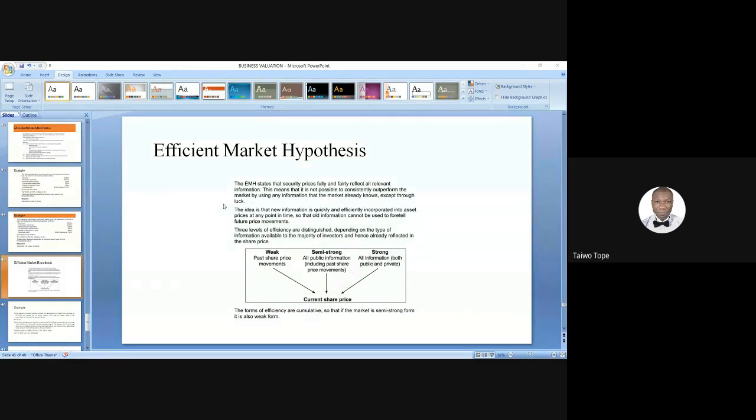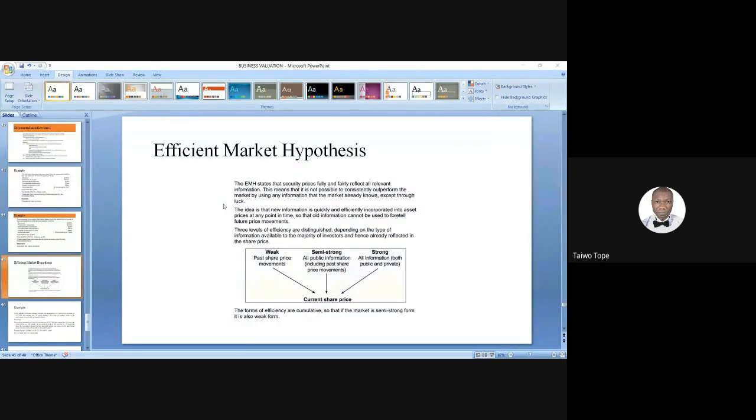And that makes the market a weak one. All things being equal, you should be able to use past data to predict the market. So the point is this: in such a scenario, there are no patterns or trends. There is no evidence. So prices rise or fall depending on whether the next piece of news is good or bad. That is in a weak form of efficiency.